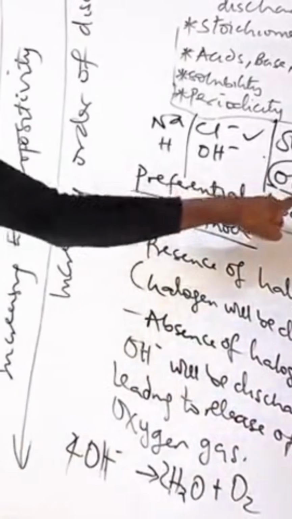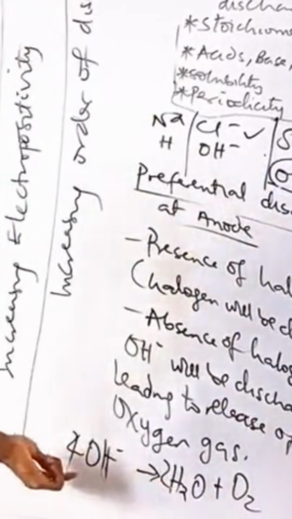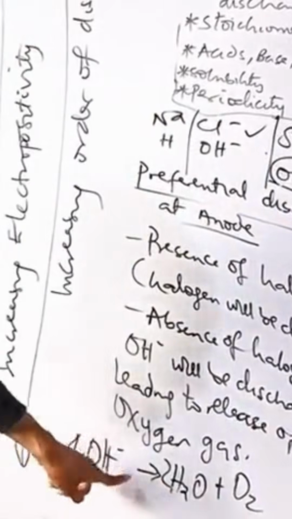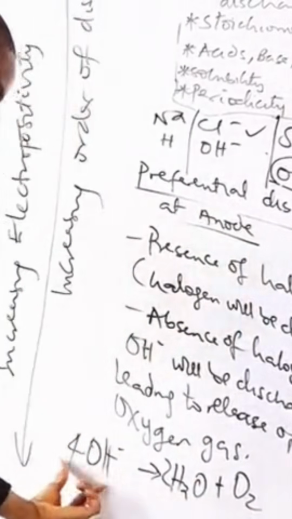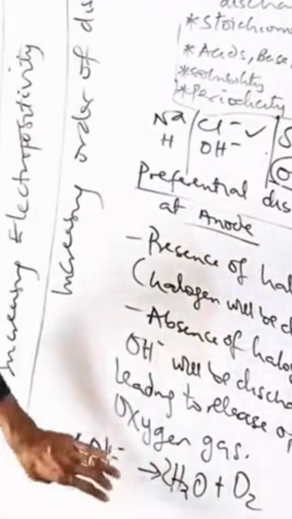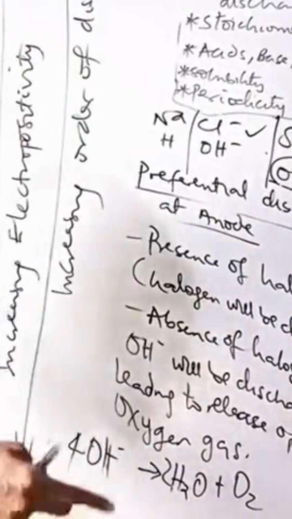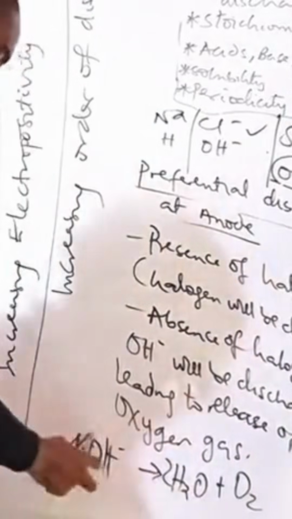So this is the reaction. This OH minus will go to the anode, and this reaction will occur. So at the end, it's going to give us 4 moles of OH minus, 2H2O, and O2. How many oxygen are here? 4. How many here? 2 plus 2, 4. How many hydrogen here? 4. How many hydrogen? 4. The equation is balanced. So this is what occurs at the anode. You remember we said at the anode oxidation occurs. So how has oxidation occurred here? Oxidation number here